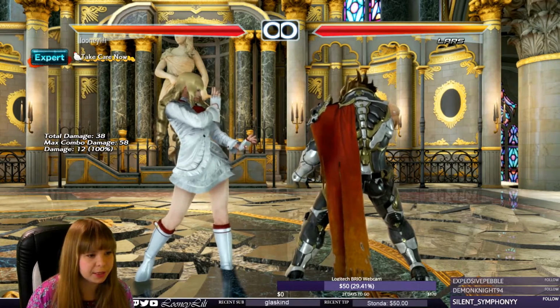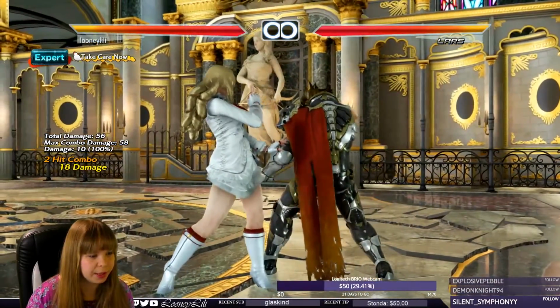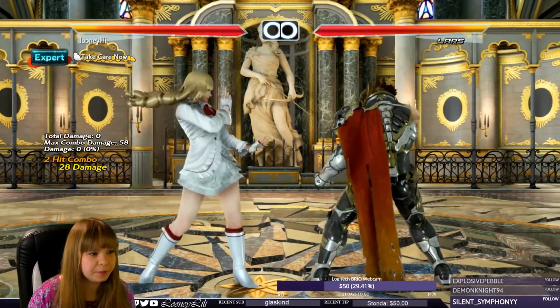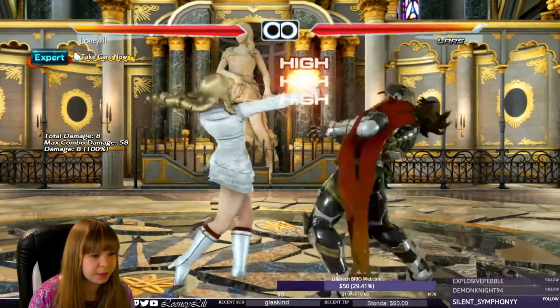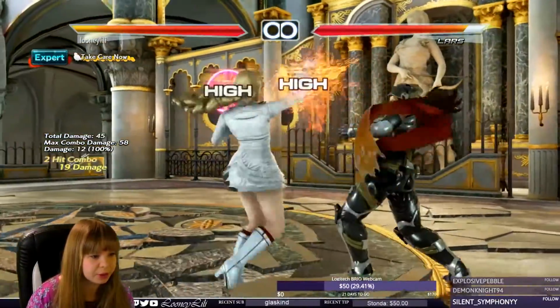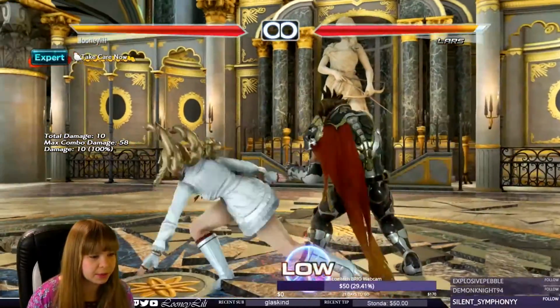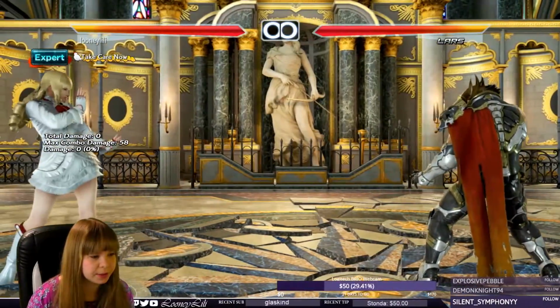And then she has 2-3 and 2-4. These aren't amazing, but they're there. 2-3 is basically the same as her 1-2-3. Now, what I forgot to mention about this low is that sometimes I like to use this at a range,